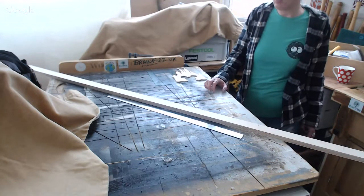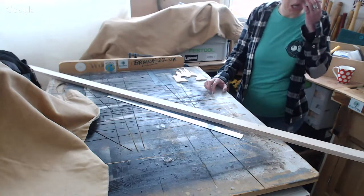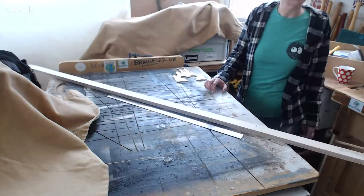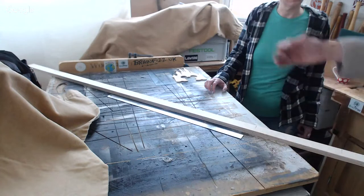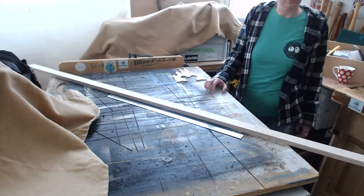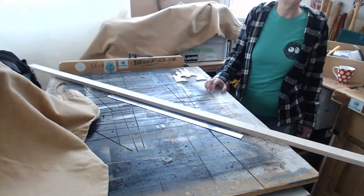Did you put the slots in while it's all in one piece? No, what I tend to do is do them in the smaller bits. If that was perfectly straight, it'd be much easier, but it's going to be more difficult to handle that long bit. If we do them in slightly shorter lengths, and it isn't perfectly straight or has a bit of a twist in it, it's less of a problem,